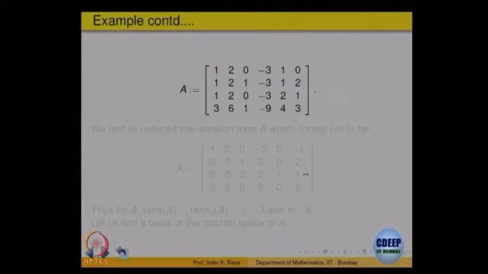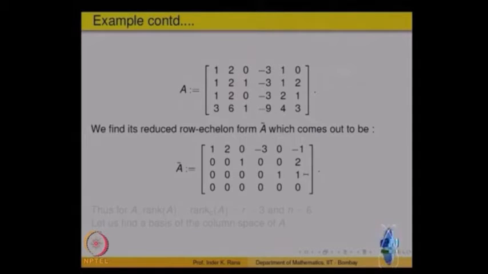So, what will I do? I know the process of doing it. I will look at the first column, see where the non-zero entry is coming, make everything below it 0, and go on doing it. By elementary row operations, that is, interchange is allowed, multiplication by a non-zero scalar is allowed, and addition of 2 rows is allowed. Once I do that, we will not spend time on doing that. So, this is what I get. Is this in row echelon form?